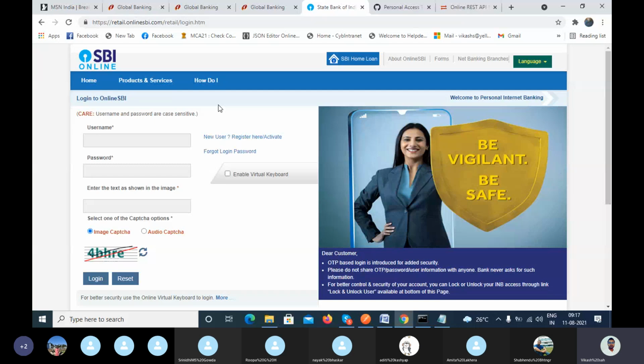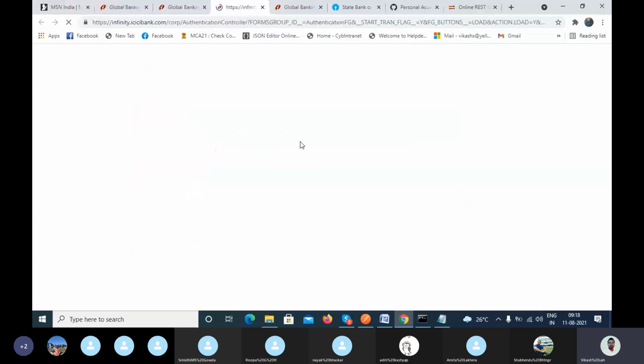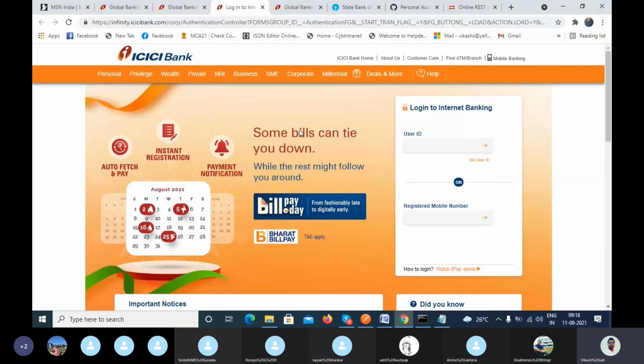Generally in banking applications they have set 10 to 15 minutes, I think, or less than that if you do not use the application. So your page will expire and you have to log in again. When you log in again, internally a token will be generated, right? And then you can perform the action again, right?